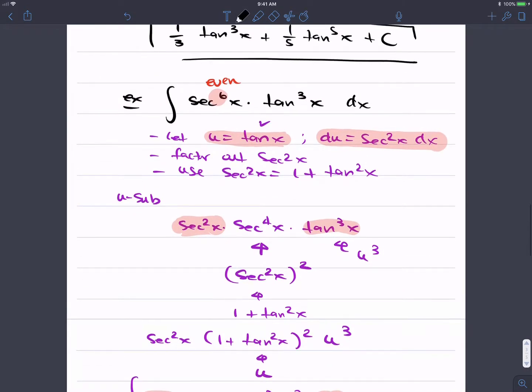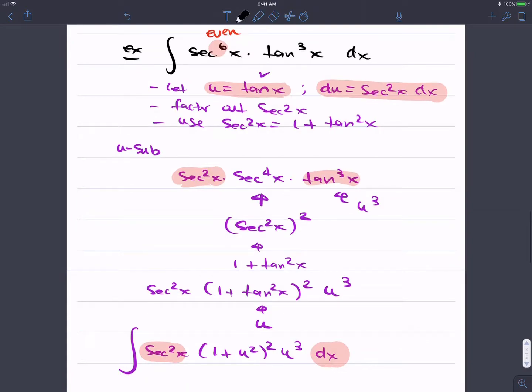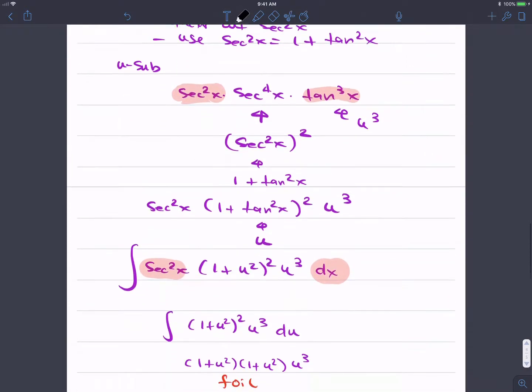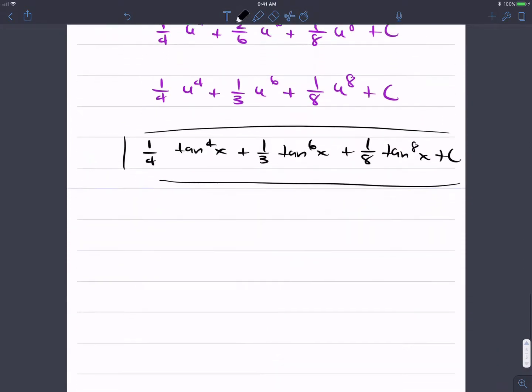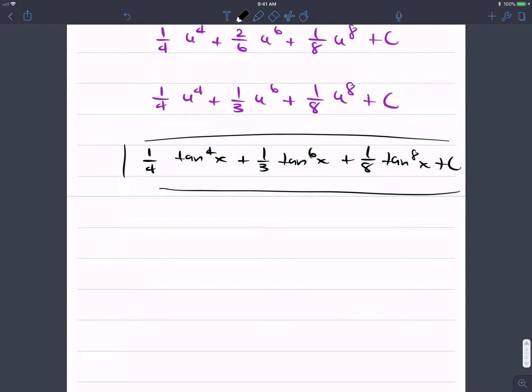So again, here's an even power. And this is the process that we'd use when we have even powers of, looks like secant. Now let's note, you might say, what about odd powers of secant? Well,